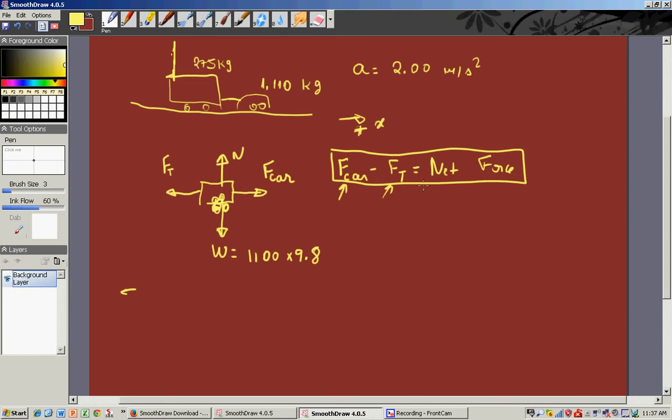But here's the problem. I don't know this, I don't know that. How can I solve for that? Well, remember, the problem tells us the acceleration. And remember that I mentioned in class, when you have problems with connections, with the trains carrying a caboose and there is another train, or when there are things connected, sometimes it's a good thing if you make the whole system just one thing. Okay,